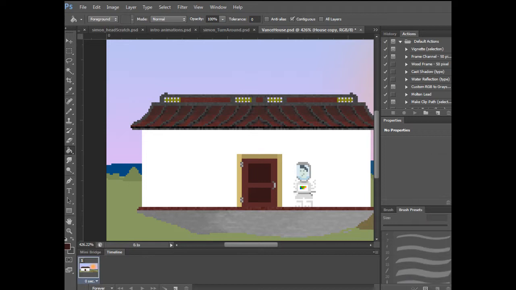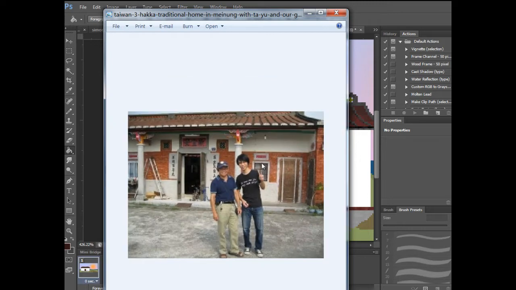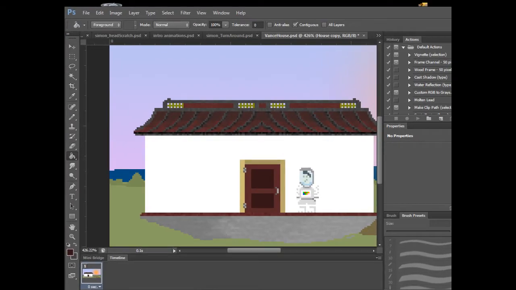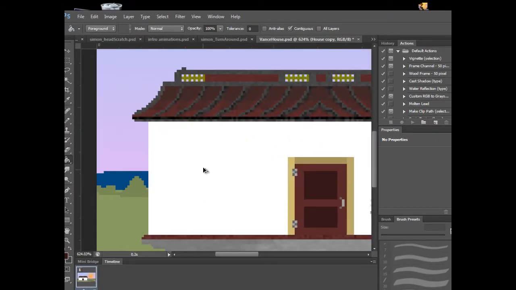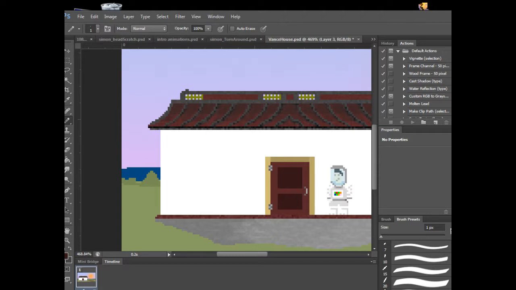This looks like sort of an old-fashioned window. The ones now are mostly barred, and they have a dark thing on top, with very little light coming through. And I think Vance, because he lives way out, he probably has to worry about security, so I'm gonna give him a little